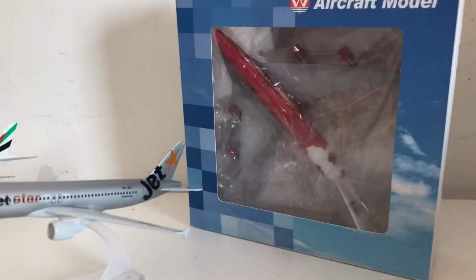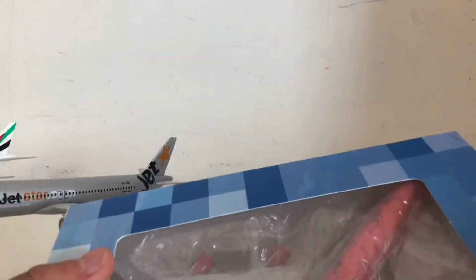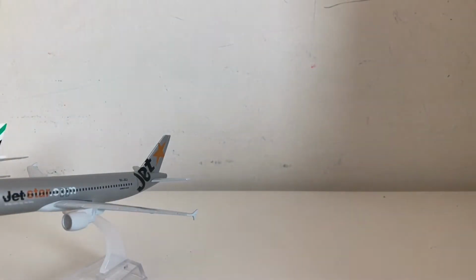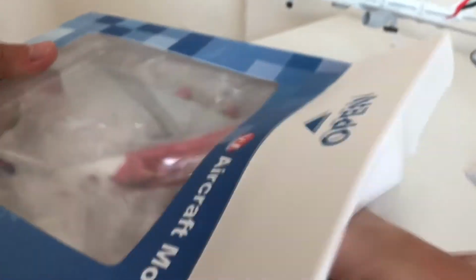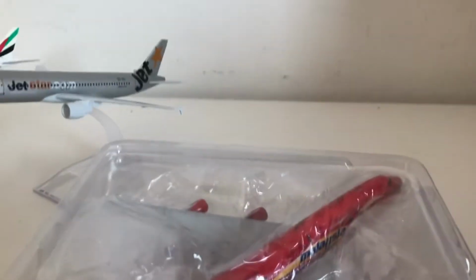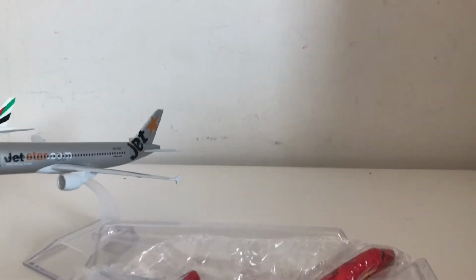And now we got the final one, and also the big boy. We got the Malaysia Airlines. It has the same box design as the Emirates. And yeah, I think it's a little bit too big. And let me just put it off of the... Here you go. There you go. So yep, I'm just gonna leave this on the side and